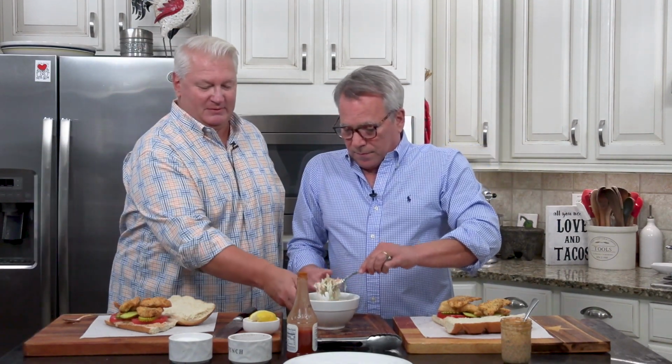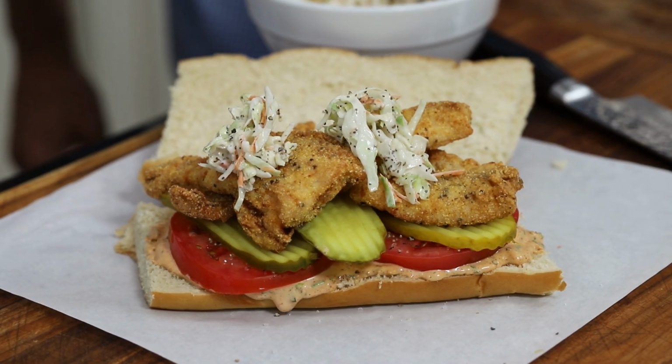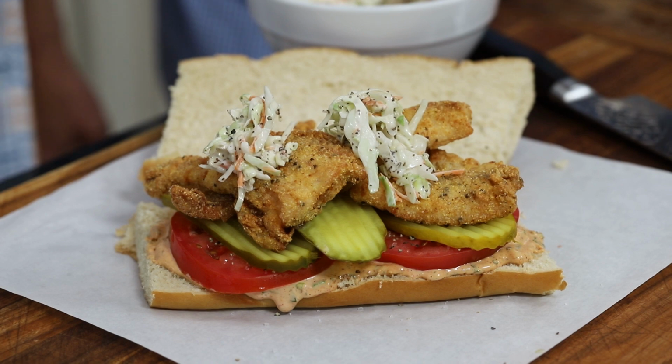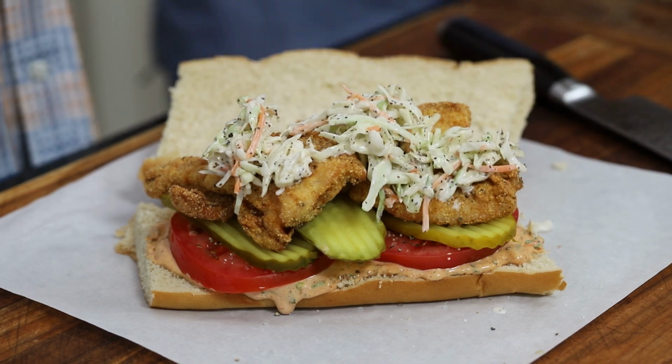Okay, this is not for the faint of heart. Here, throw some of that on me. Okay, so now we're gonna do some coleslaw. Good, thank you. This is the coleslaw Wesley made that is so heavenly. I took a little bite when you weren't looking. It's super delicious. Yes, get it all up in there. I know. It's so good. Yeah, you may be thinking that's for one person. Well, it's for the loon, but